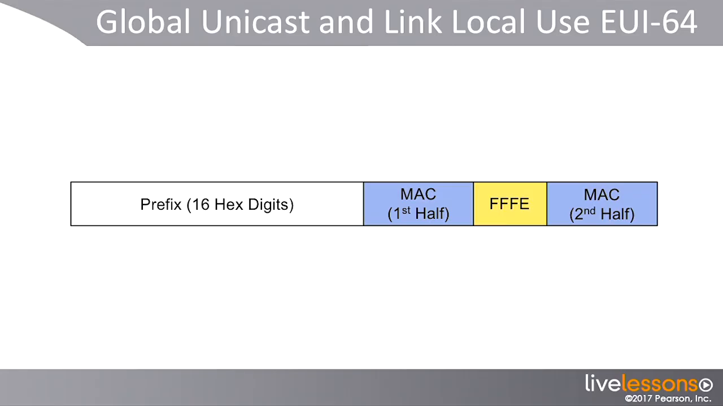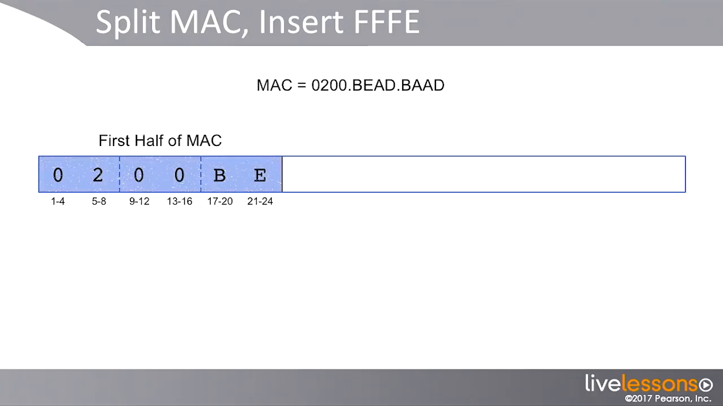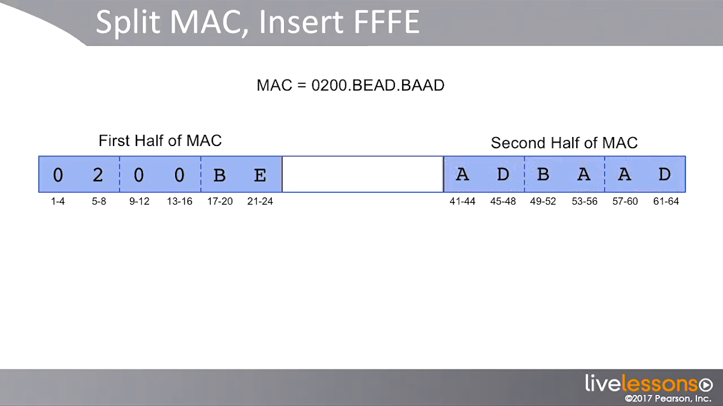As a reminder, you take the prefix that's half the address, then you take the MAC, split it, put FFFE in the middle of it, and then flip the 7th bit of the interface ID. That's the overall process. So let's talk about splitting the MAC. The MAC is 0200BEAD as you see there. So we split the 0200BE on the left, then the AD on the right, and put the FFFE in the middle, and that's your 16 hex digits of interface ID, except we need to flip that